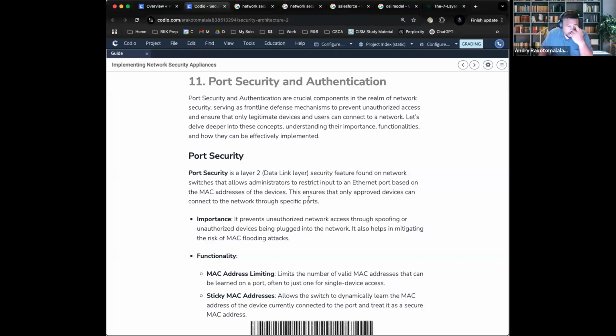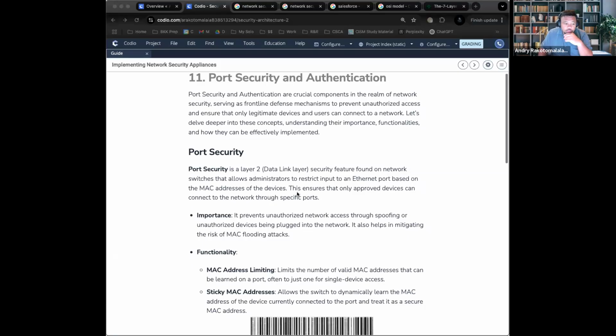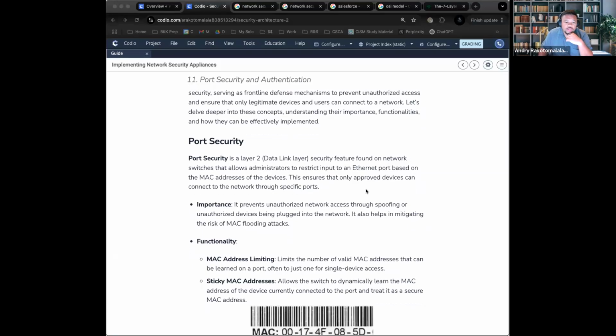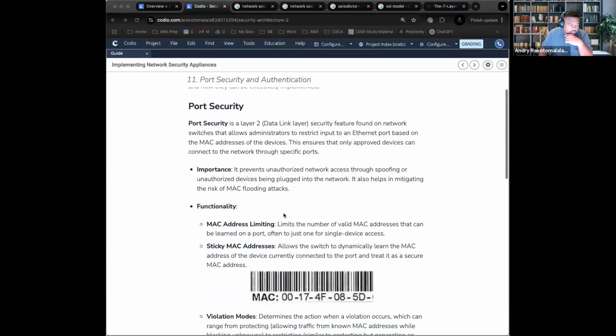So when it comes to the OSI layers, when it comes to port security, we're mainly looking at layer 2. Layer 2 is the data link layer. Okay, so the data link layer is where you find all of these switches. When it comes to switches, switches tend to work off of what we call MAC addresses. Now, a MAC address is not like a Mac, an Apple Mac computer. Instead, it's a very unique identifier to the actual device itself. Okay, so the MAC address tends to be alphanumeric, which is from 0 to 8 and A to H, I think.